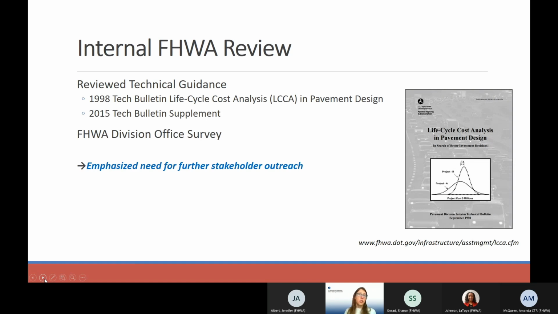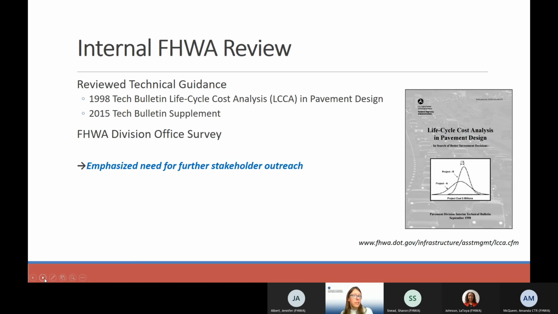In the internal review, FHWA conducted a review of all of the guidance that supplemented our pavement design policy, as well as that non-regulatory supplement. Part of the guidance included a review of our lifecycle cost analysis 1998 Tech Bulletin, as well as the 2015 Tech Bulletin supplement, which updated this guidance document.